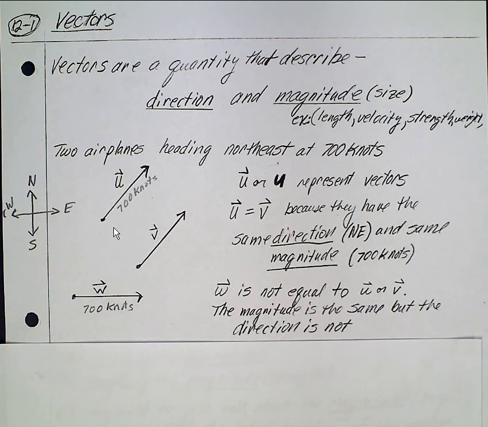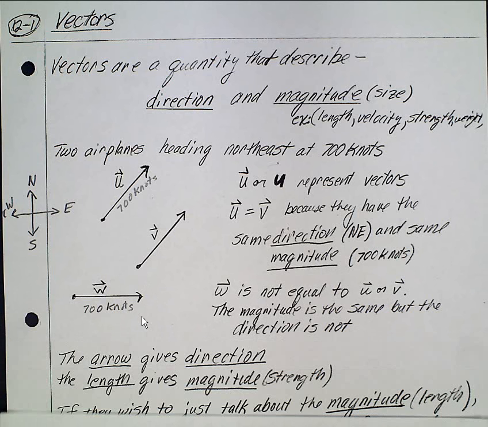All right, so how can we represent just the magnitude of a vector and not the direction of a vector? Because obviously all these vectors are the same length and the same magnitude, but they're not equal because they aren't all going in the same direction. So to represent